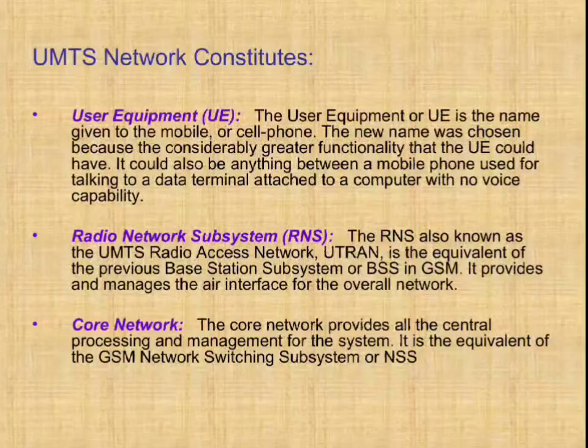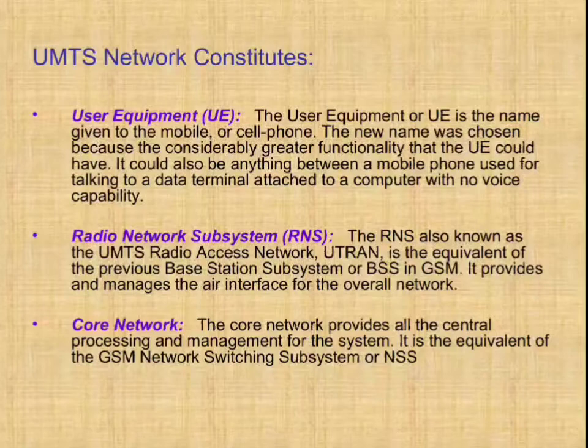First of all, user equipment. The user equipment or UE is the mobile phone or cell phone. The new name was chosen because of the considerably greater functionality that it has. The second one is the radio network subsystem, RNS. RNS is also known as the UMTS radio access network, that is called UTRAN, and it is the equivalent of the previous base station subsystem or BSS in GSM systems,